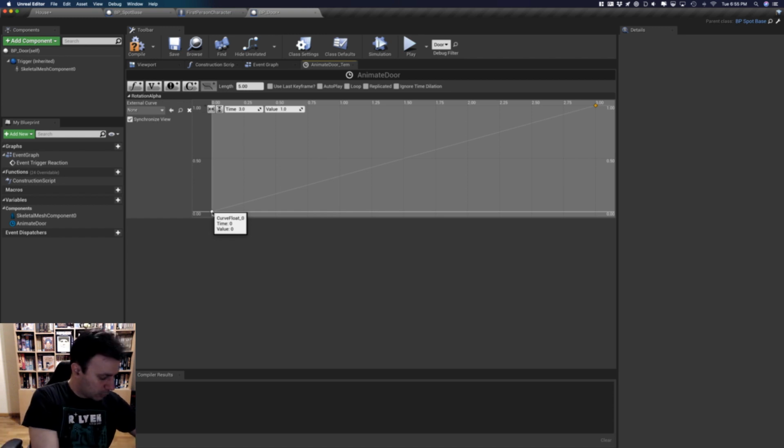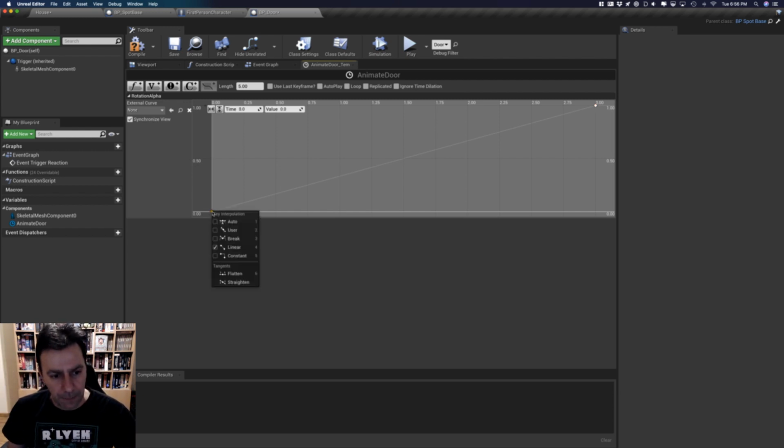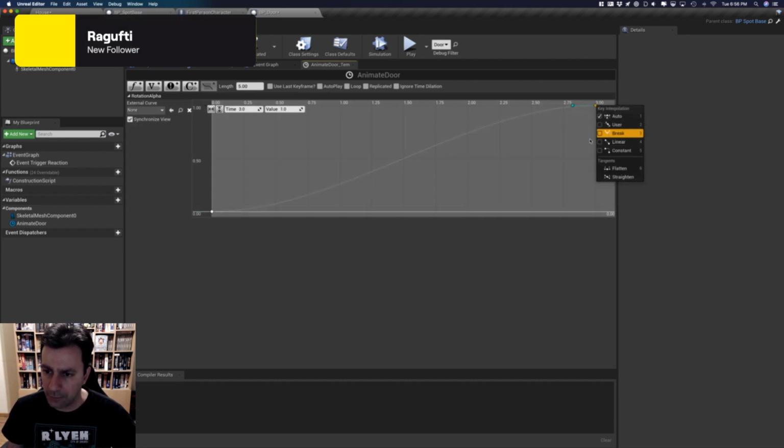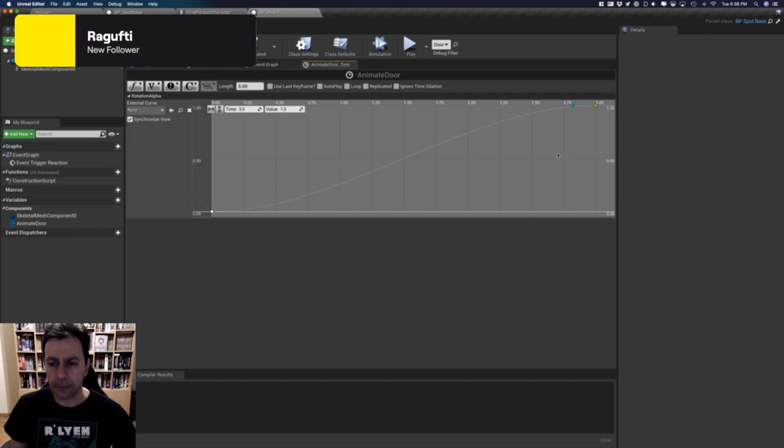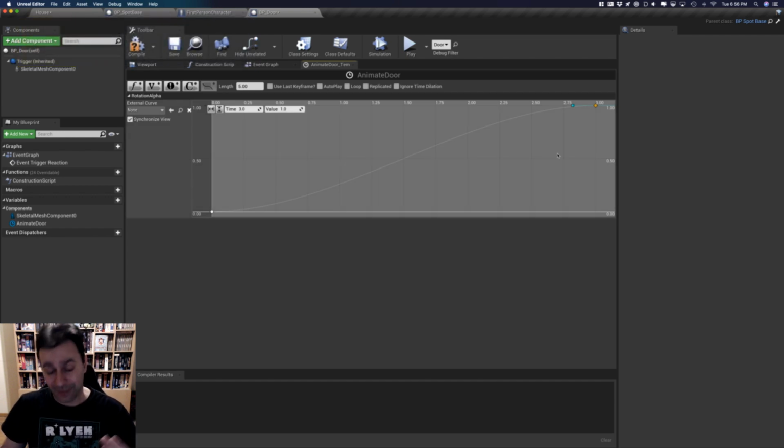The value goes from 0 to 1 in a linear way. If you add interpolation, note how the curve has some nice curvature, right? And you can adjust the shape of the curve, which means you can give more ease in or ease out